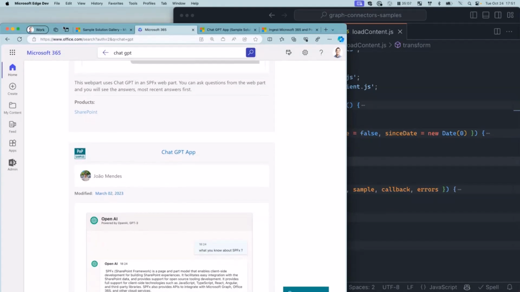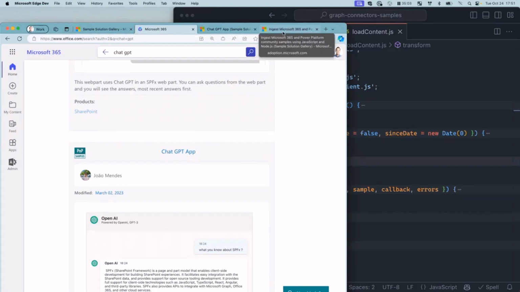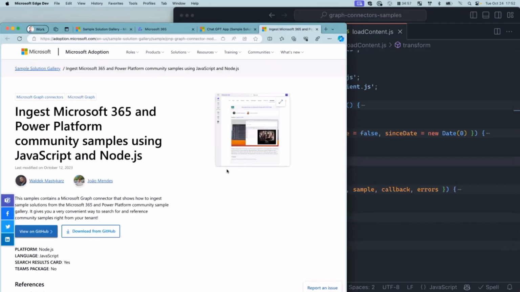So how all of this works, and everything you see now is available to you. You can run, and I would actually encourage you to run it. It is, again, a sample that we've got available for you in the gallery, available for you to run. Just download it, press F5, and you will be able to experience all of that in your own environment.